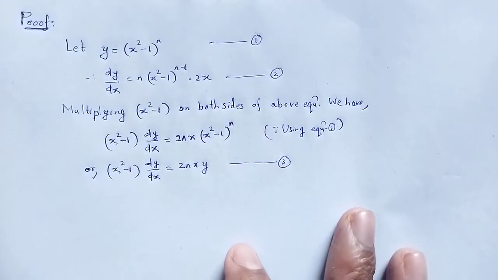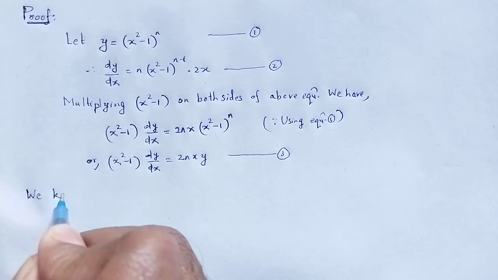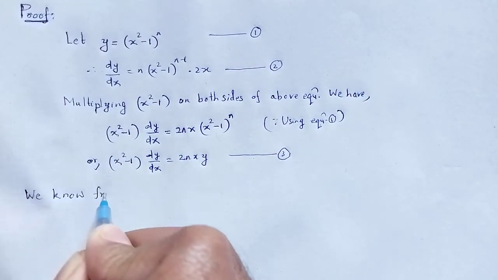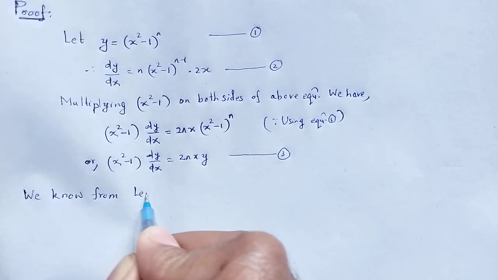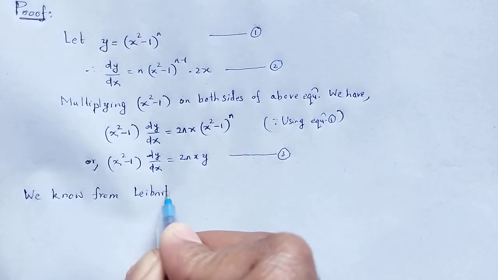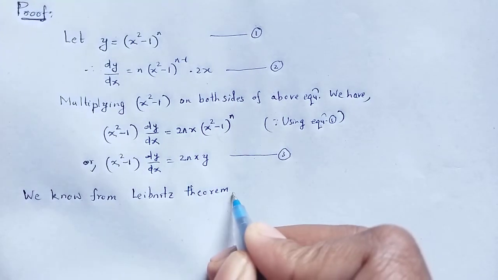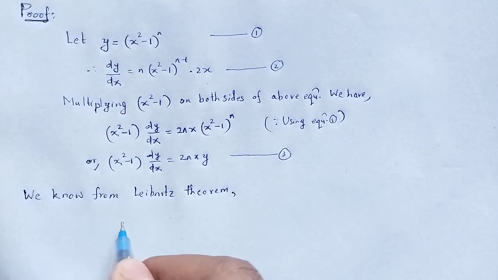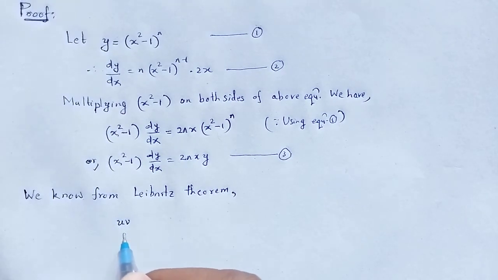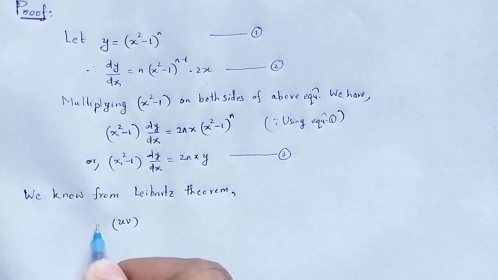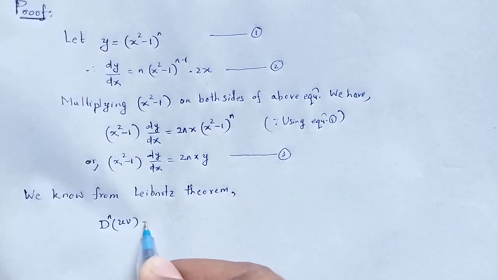The formula for that, as we know from Leibniz's theorem: if u and v, two functions, are multiplied, then its nth order differentiation, that is dn of uv, is equal to, according to Leibniz's theorem,